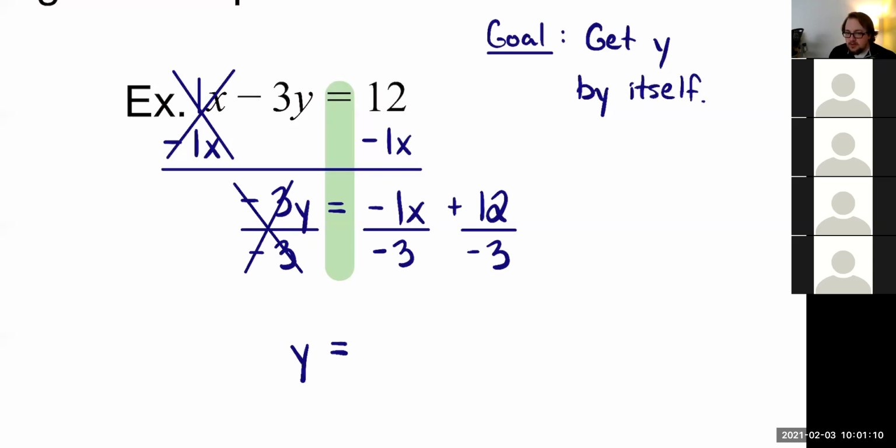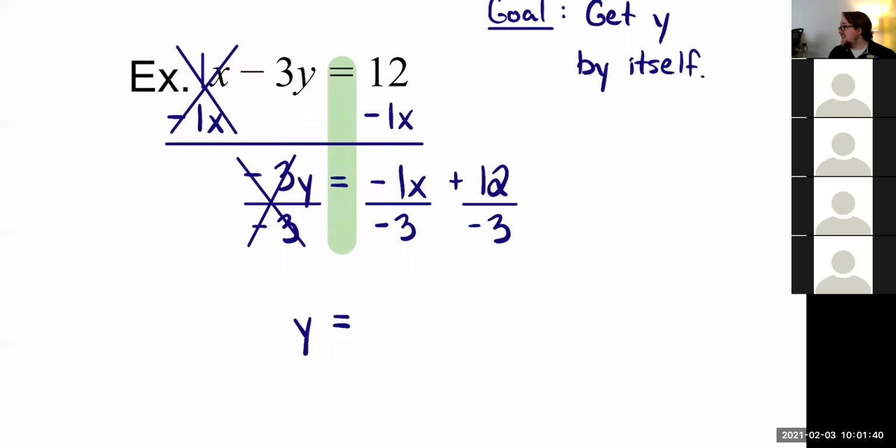So my question for you, does -1 divide nicely by -3? No. Put it in a calculator, it's going to spit out a decimal. Don't want a decimal. I really want to try to keep it as a fraction. So is there any way that -1 over -3 simplifies? No, in terms of the numbers themselves may not appear to change, but what about this double negative? It does become a positive. So -1 divided by -3 would become a positive